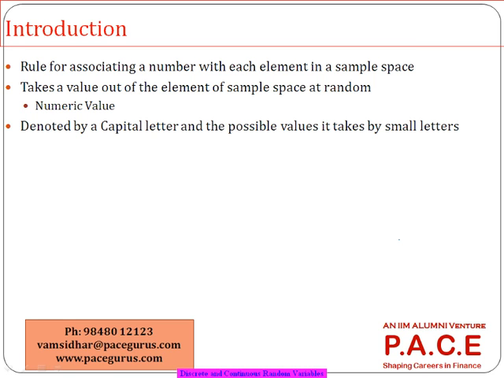A random variable x is nothing but getting a 1, getting a 2, getting a 3, 4, 5, 6. Let's say when I toss a coin 2 times, I don't know whether I will get 0 heads or 1 head or 2 heads. Any of them are possible. So I may say getting